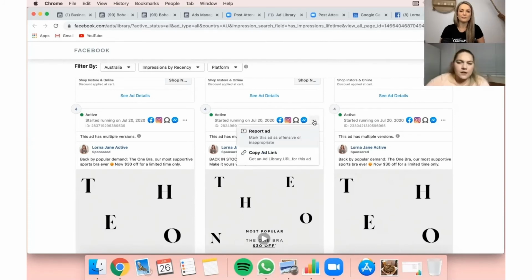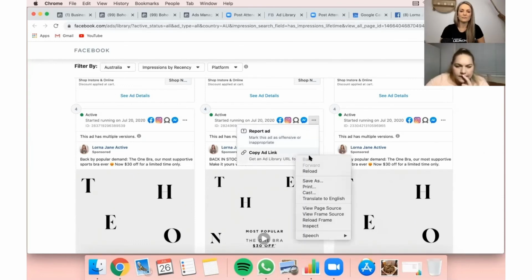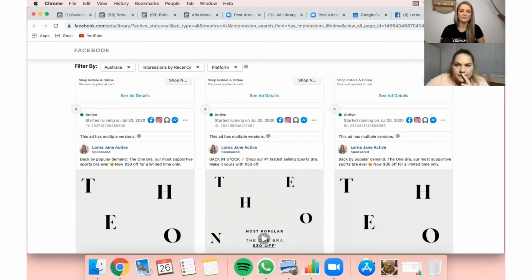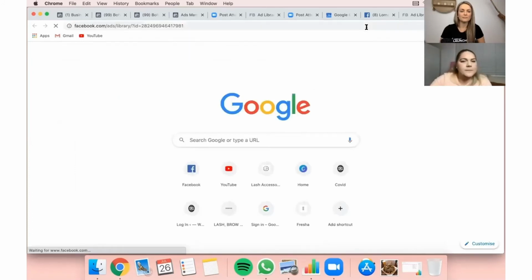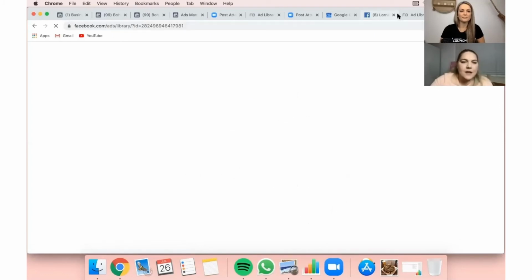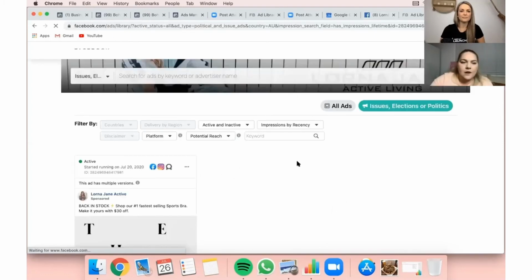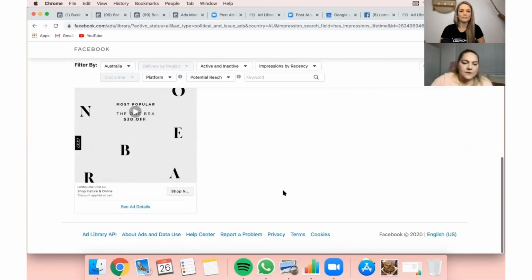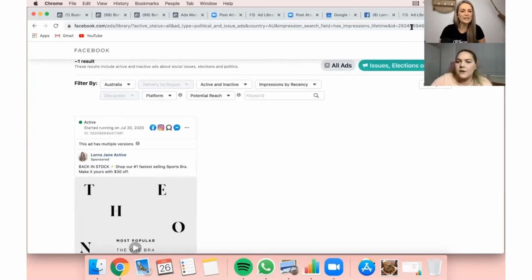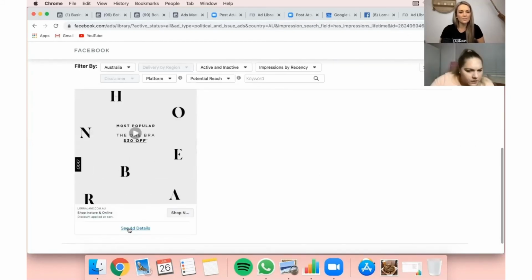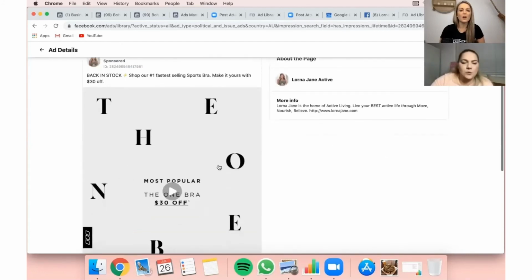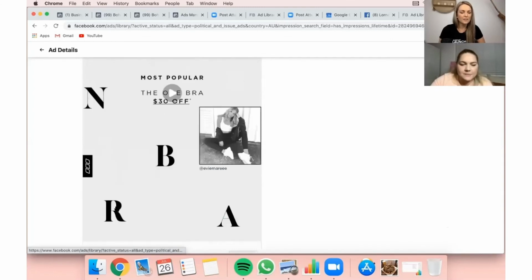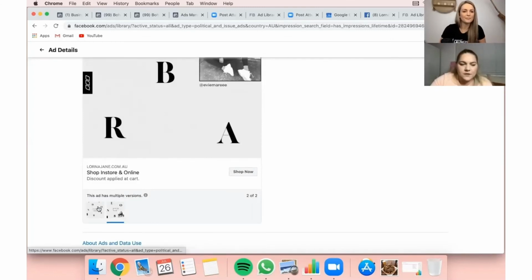I think you can copy the ad link and actually see the ad, I'm pretty sure. Let's see what this does. I haven't used that one before. Did it do it? Might just be back to the ad library, I think. Oh, yeah. So it's just going to show that one ad result. If you want. And then if you go see details. Let's have a look. Yeah, I think it's just going to show you what the ad looks like, and that this ad has multiple versions. Gotcha. So you can see the 2 ads that they're running.